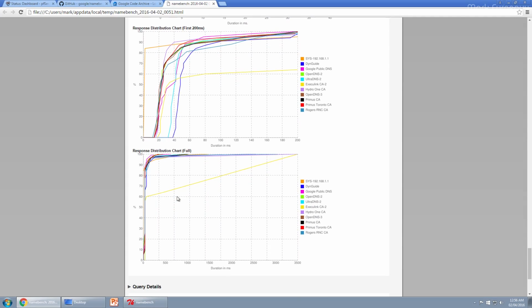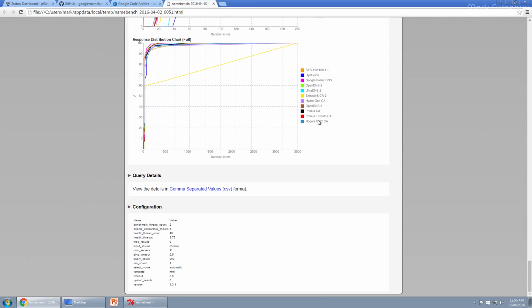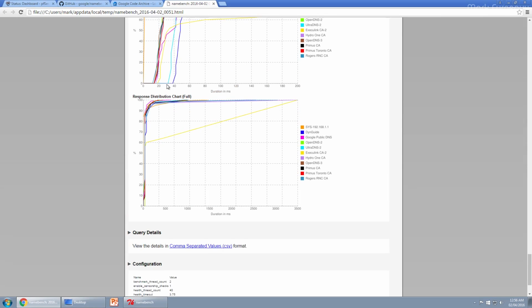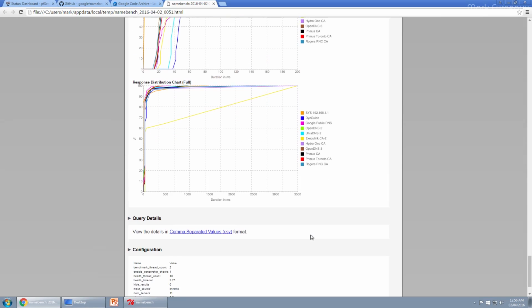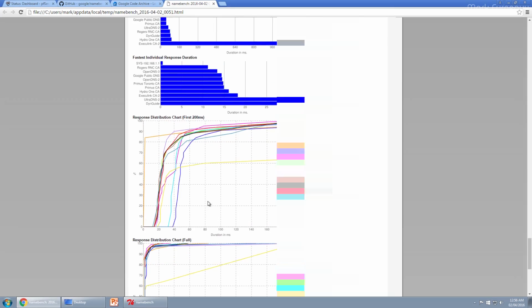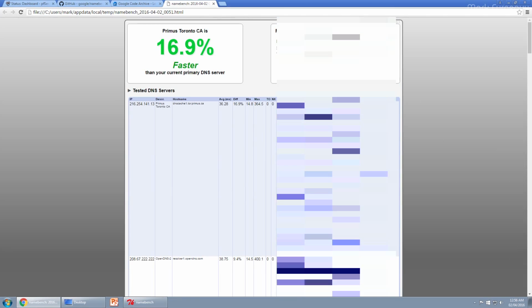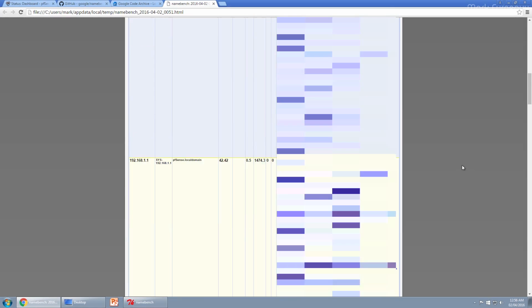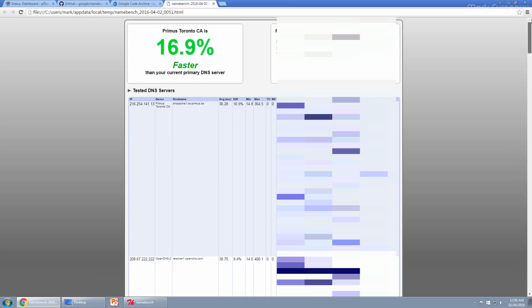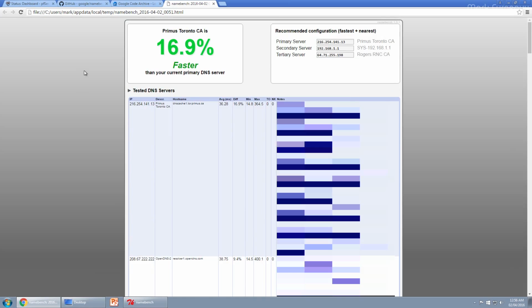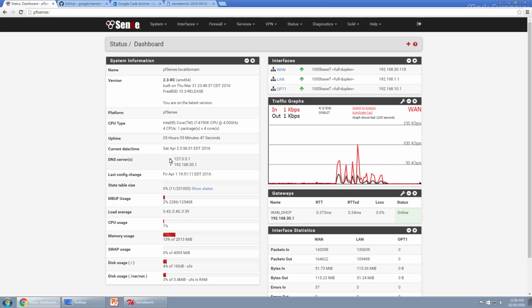There's nice distribution charts and all sorts of fun stuff, and you can download this as a CSV. It's basically a self-contained HTML file, but you can download a CSV if you want all of this data. So yeah, that is the output from Namebench. So what we're going to do is I'm going to move to my pfSense web interface,